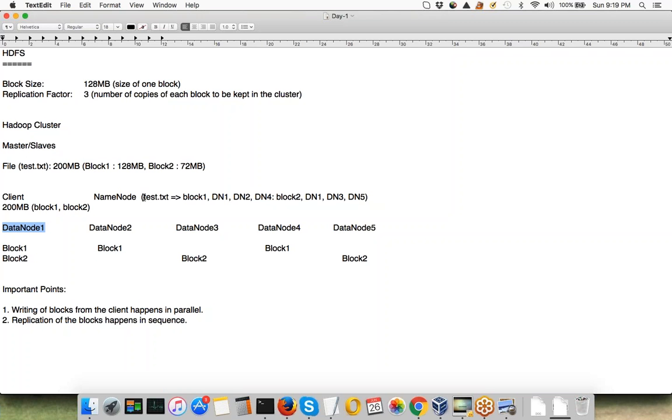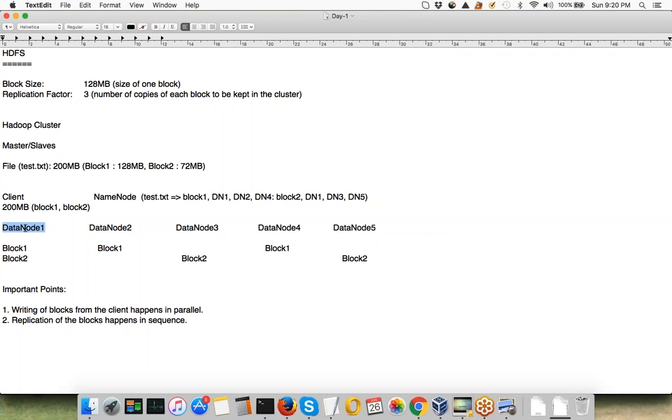Yes, because your data consists of two blocks, block 1 and block 2, and both the blocks are present in your cluster. Block 1 could be read from either data node 2 or data node 4. Block 2 could be read from data node 3 or data node 5, right? You can still complete your file using these two blocks from other data nodes. If data node 2 fails, you still have both the copies of the blocks. If data node 3 fails, you still have your data intact. Any of these nodes fail, you still have both of your blocks present on some other machine, right?